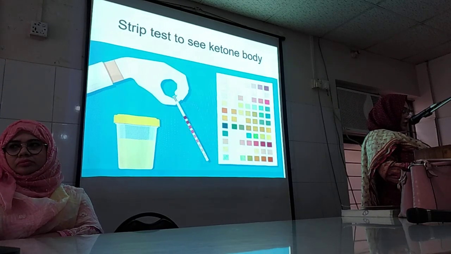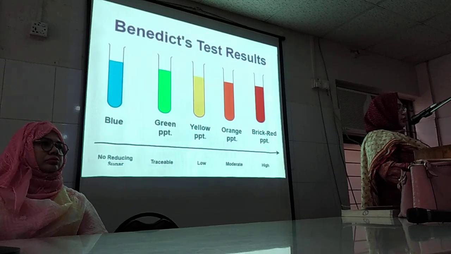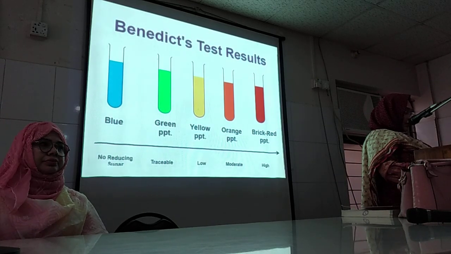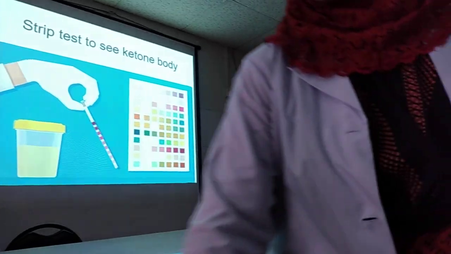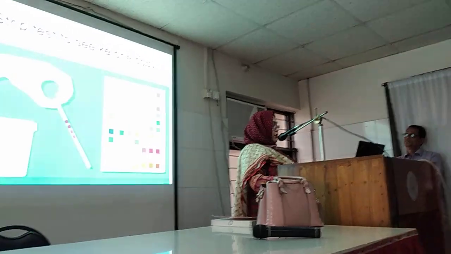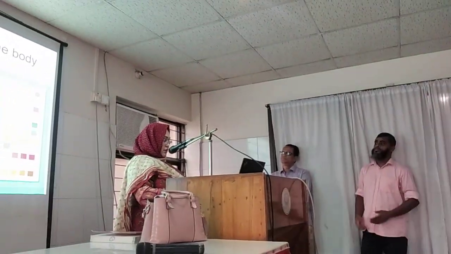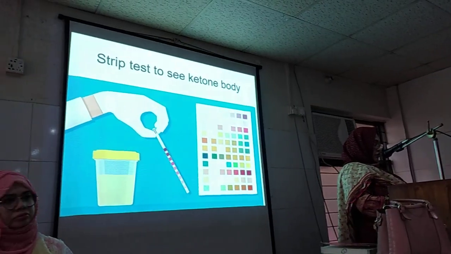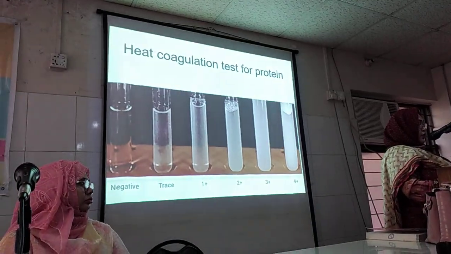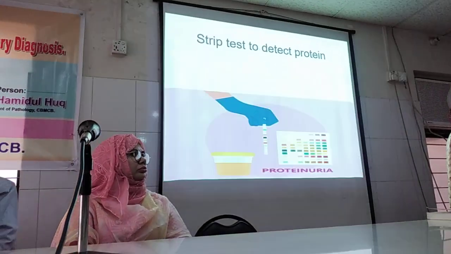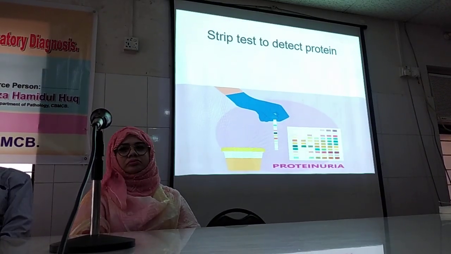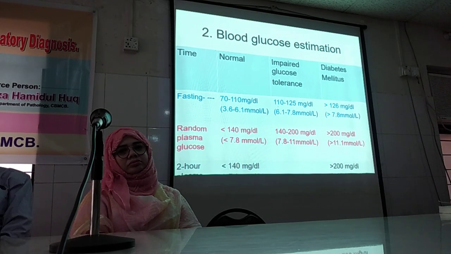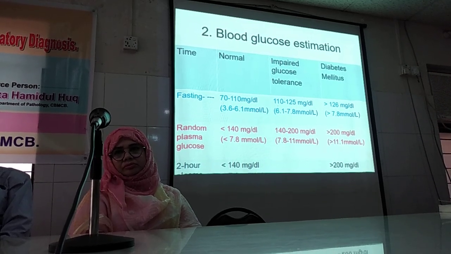This is the Benedict test, where a color change occurs. Now in many laboratories, a strip test is used for ketone body, blood sugar and protein also. Heat coagulation test for protein, strip test detection for protein, and blood glucose estimation. Fasting blood glucose level,